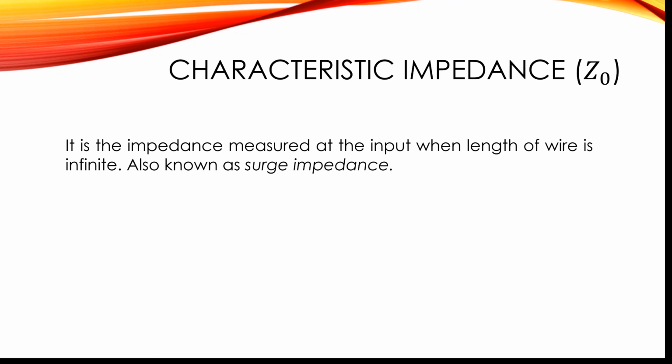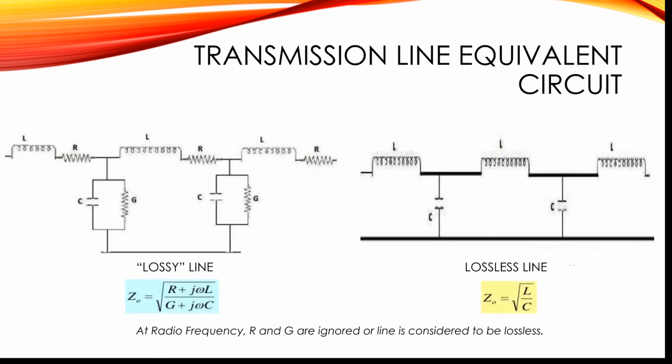Characteristic impedance is the impedance measured at the input when the length of the wire is infinite, also known as the surge impedance. There's the transmission line equivalent circuit, with the lossy line and the lossless line. At radio frequency, R and G are ignored. Our line is considered to be